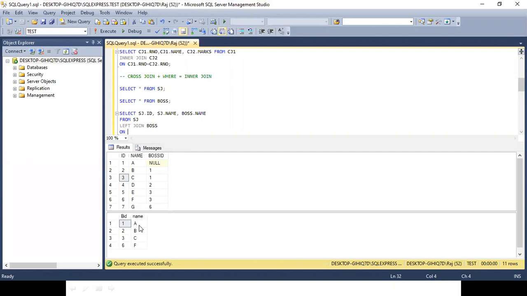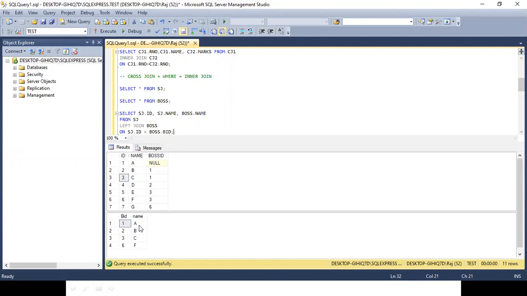We need to specify the name of the table. sj.id equals boss.bid. Is it fine, or do you still want to make some changes, Amit? I don't feel this is fine, but I don't know what to change here. You don't feel it is fine? Why?